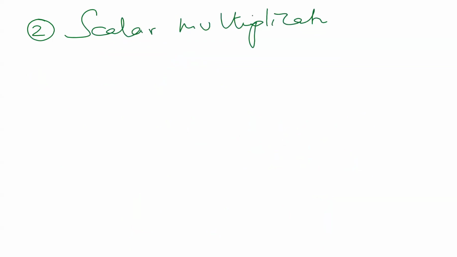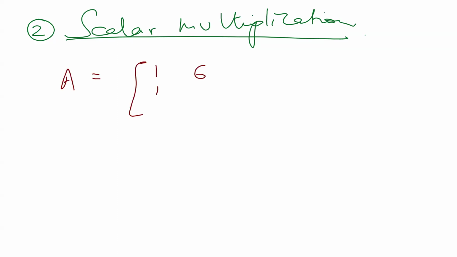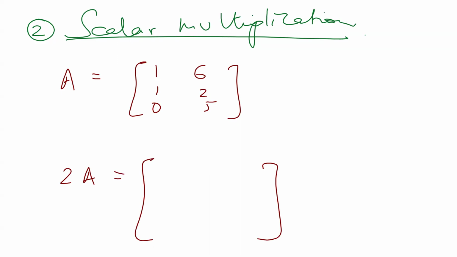Second operation is scalar multiplication. There are two multiplications. First one is scalar and the second one is matrix multiplication. So scalar multiplication. Suppose A is equal to 1 6 1 2 0 5, and they're asking you 2A. So 2A will be